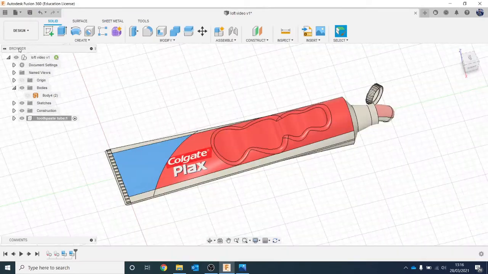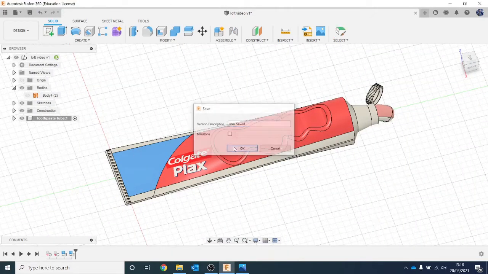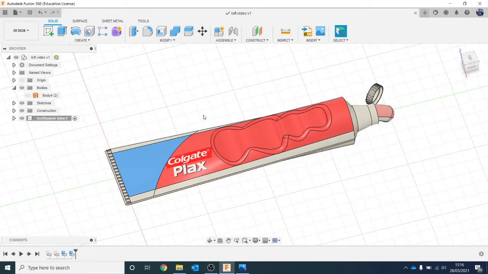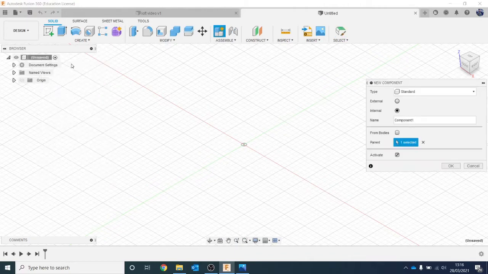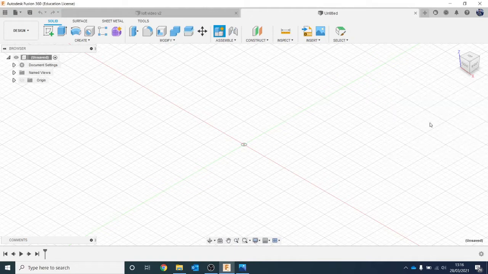Okay, so I'm going to go back into the design. Let's just save it. So autosave is on, but just save it as an extra bit of safety as well. So I'm now going to create a new document, and then I'm going to start to do the toothbrush. So we're going to right click, make a new component. Let's call this toothbrush head. Hit enter,